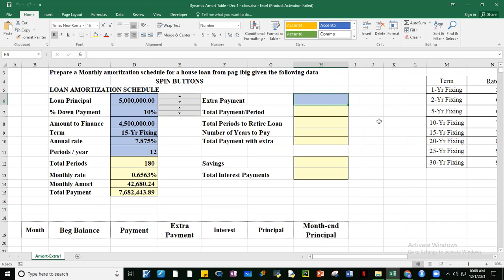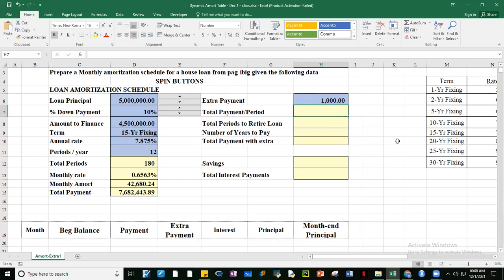I want my loan to be paid up faster than 180 months, okay, because this is 15 years. So it makes sense, guys, on top of this monthly amortization to pay extra, let's say on a monthly basis, for example. So if you plan to pay, let's say, an additional 1,000 per month,